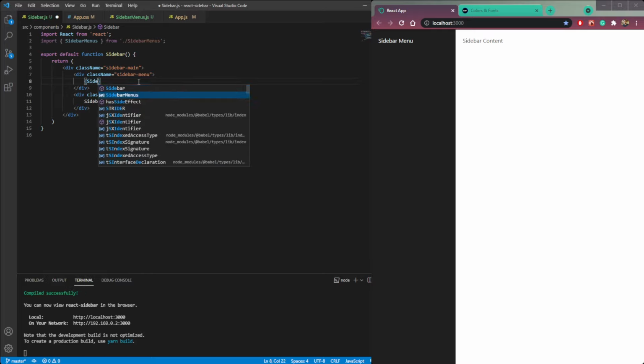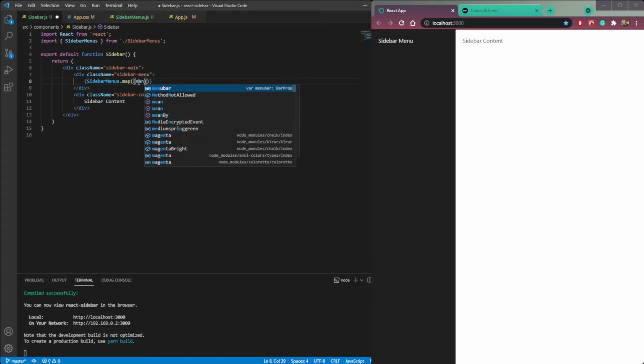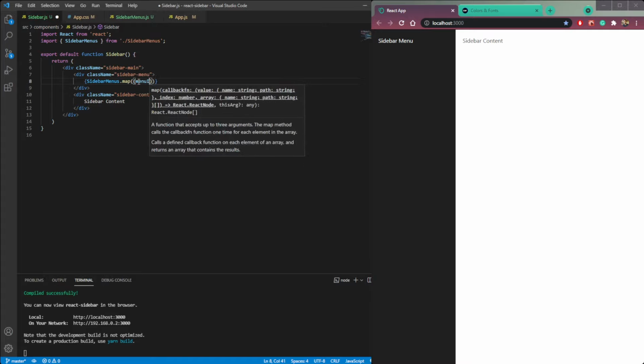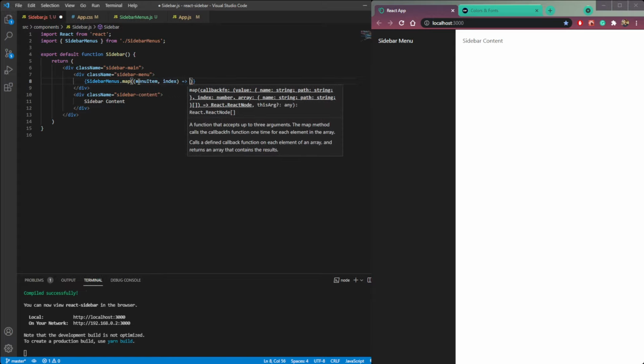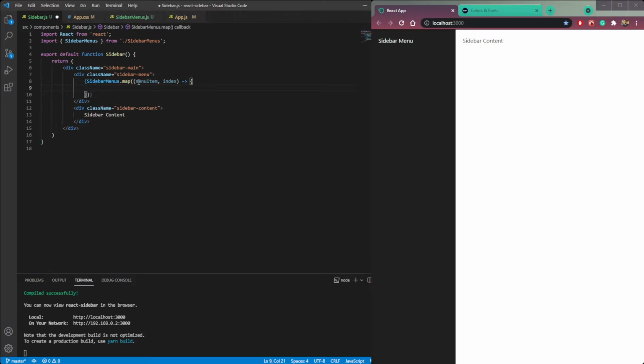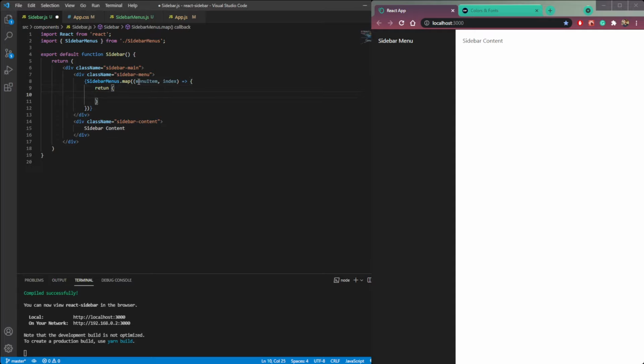We will map through each item, then menu item, then an index. We'll create 2 keys, menu item and index, and then we will return li tags. So li, inside this return, okay, one curly bracket, and then menu item dot name.